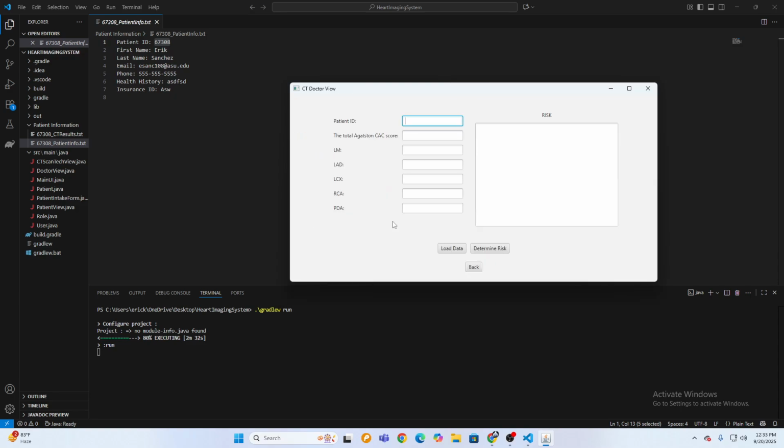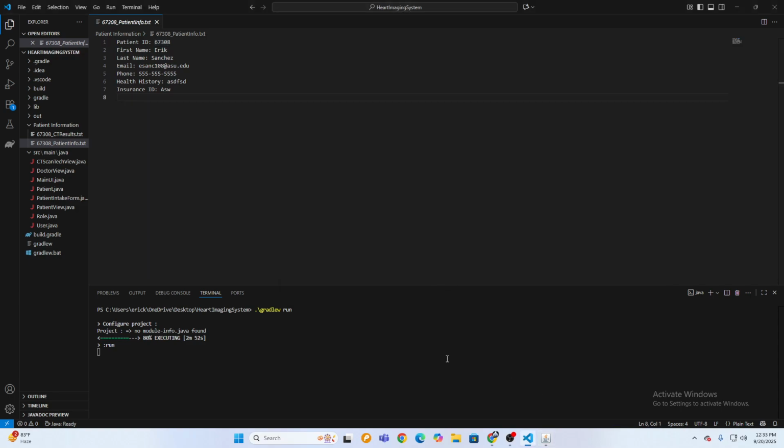Going back, the doctor view can go ahead and put the patient ID, and that should also load the data, and then can determine the risks they would have for heart attack. So as you can see, because of the Agatston CAC score of 250, they have a moderate amount of plaque, which is a high risk of heart attack. As you can see,